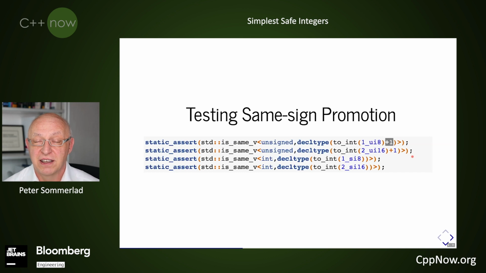If the left-hand side is actually an unsigned, it will be computed as an unsigned expression, whereas it would be computed as a signed integer expression if the left side of the plus operator is promoted with the built-in type rules. And this is how we actually check that the unsigned promotion actually delivers unsigned. And for the signed integers, we just assume that the promoted type is the signed integer, and that's also working well.